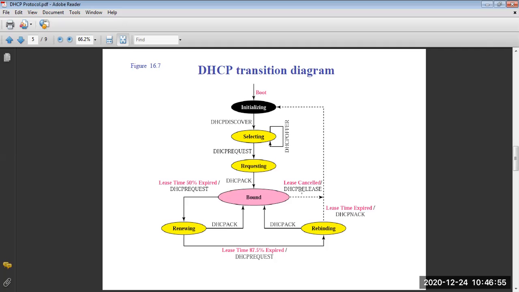Clear? So this is the released one, and this is what if less than 87.5% expired, then DHCP request. So अगर 87.5% expire कर गया है lease time, then it will send the DHCP request for rebinding. So this is exactly, you can say, जो हम लोगों ने भी steps पढ़े हैं उसी का एक flow diagram. This is the flow diagram of that,